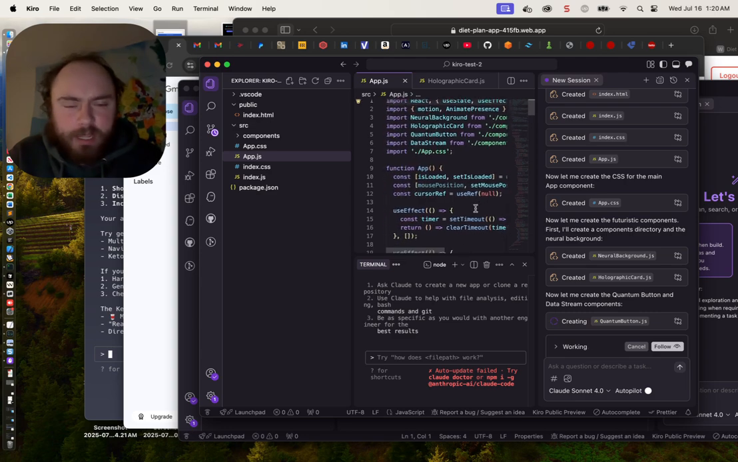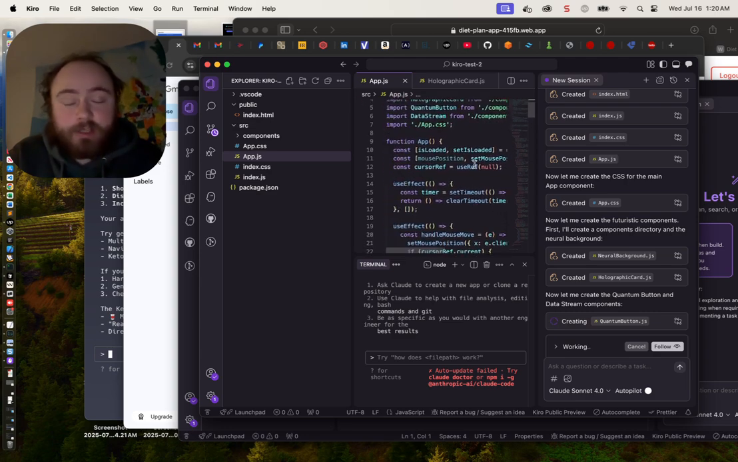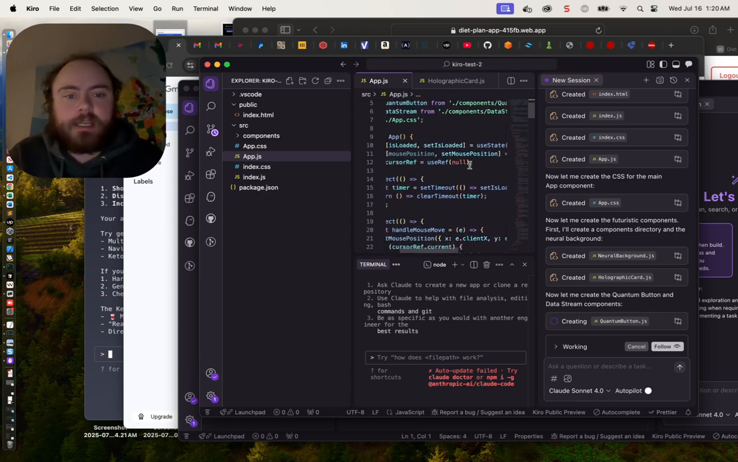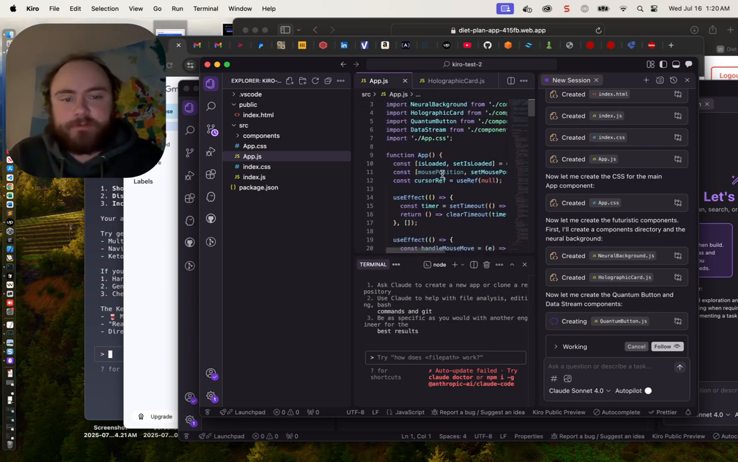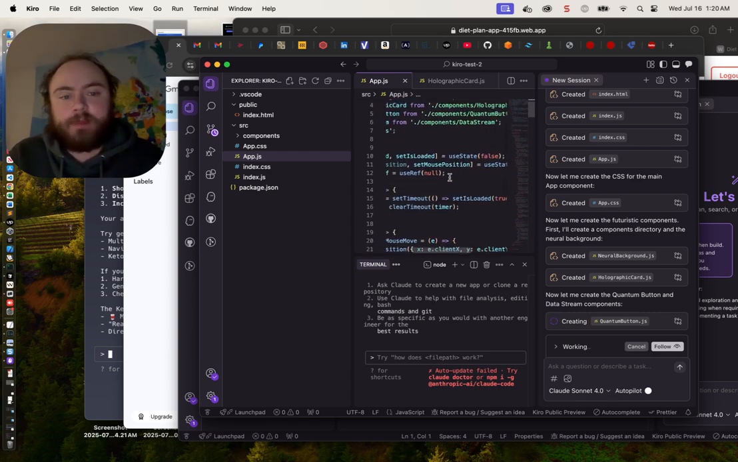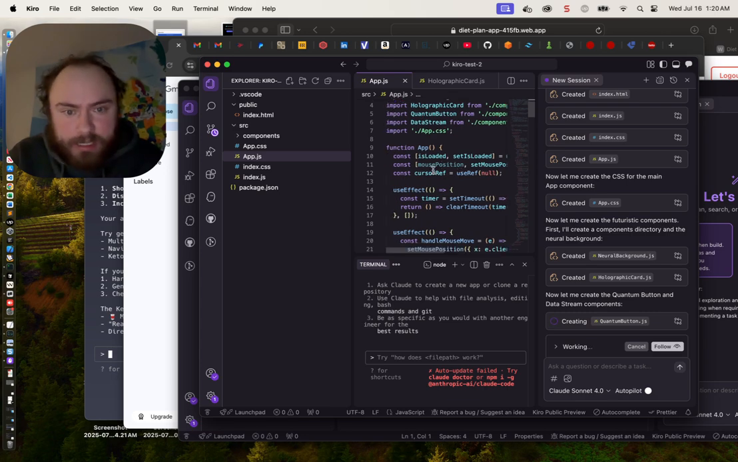And some of this more in-depth stuff I'm not as familiar with. I know, for instance, useState. I get the idea of that kind of, but when it gets too complicated, I'm not really keen on what's going on. But the idea, I think, is that